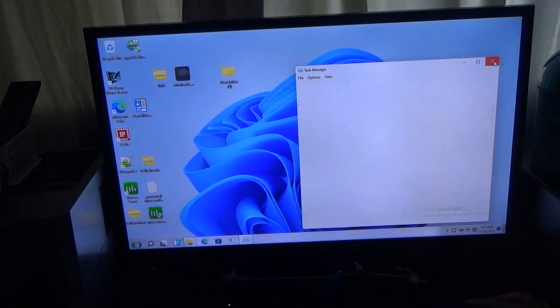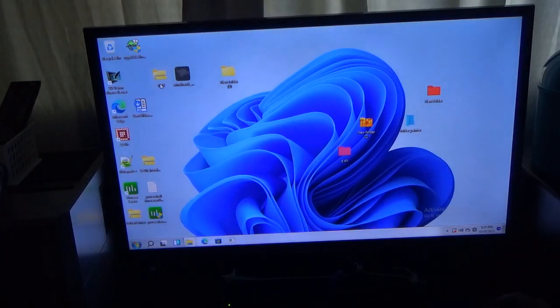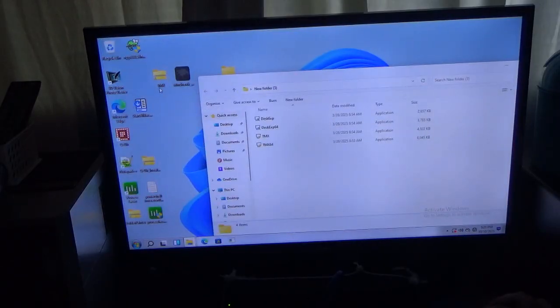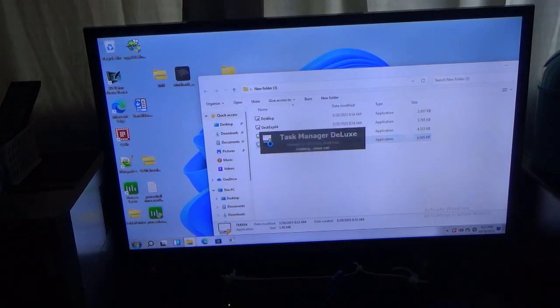So let's open up new folder 3. When you do download it, it comes in TMX. So we're going to open that up, and the program is going to be initializing.